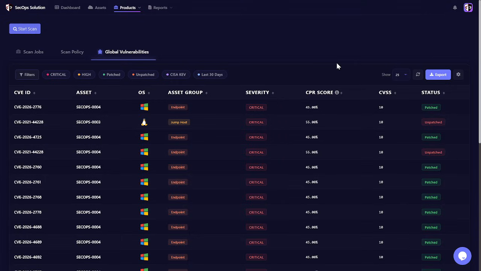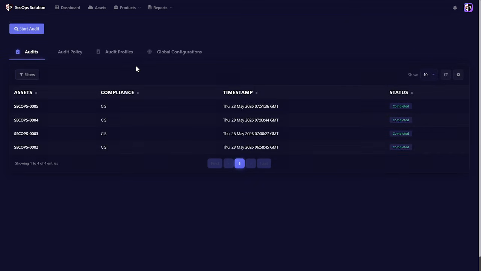Now, that was a quick view of vulnerability management and scanning, and how you can prioritize your vulnerabilities and get the reports as well. Now, in the next 5 minutes, I'll give you a quick walkthrough of configuration audit. So this configuration audit module or product essentially helps you to perform audits on your systems based on global compliances. For example, CIS is one of the major compliances that has a lot of controls for different operating systems